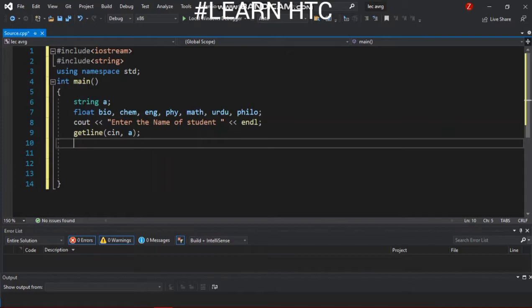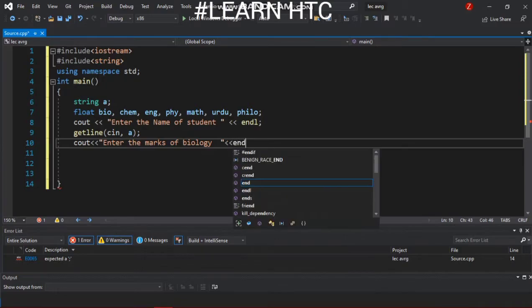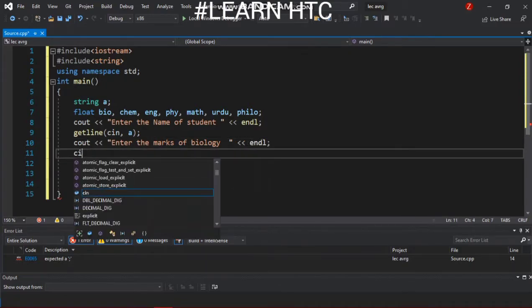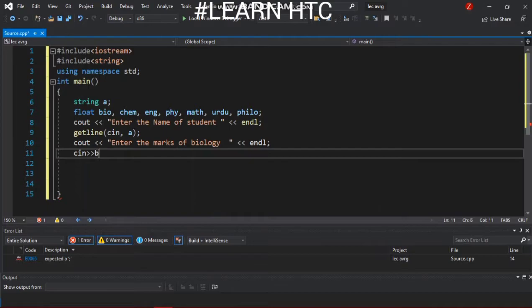So what will we do? Simple. First we will write, enter the marks of biology. Apply getline, cin, bio. The marks entered by the user for biology are stored in the bio variable.